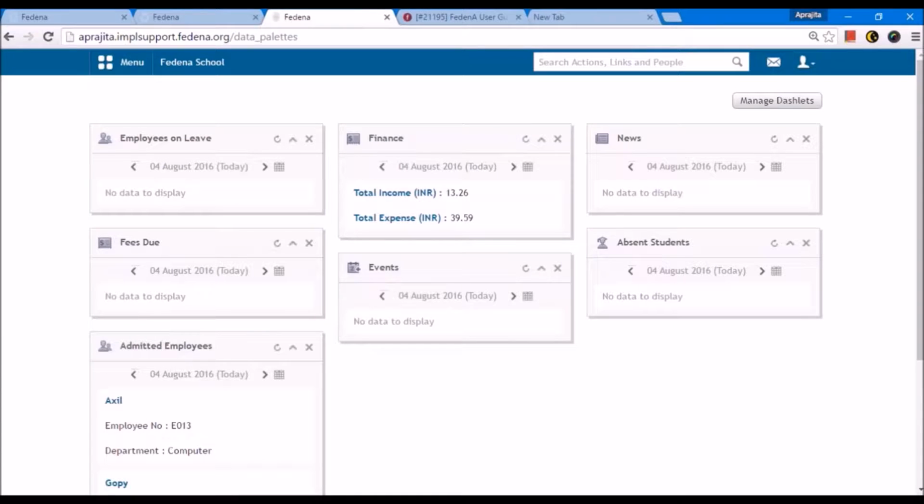In this video, we will see the details about the custom import module of FIDINA. We will focus on how student admissions can be done using custom import. Custom import is a module using which you can enter information in bulk in an Excel sheet and upload the same to FIDINA. There are a few mandatory steps that must be followed while doing custom import.